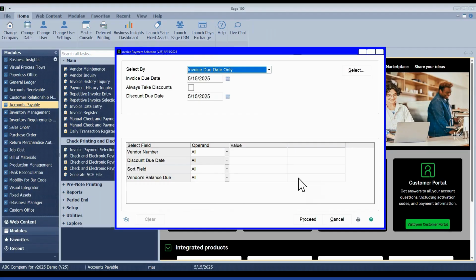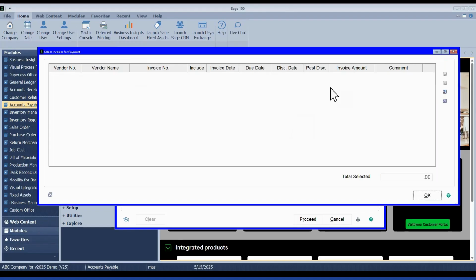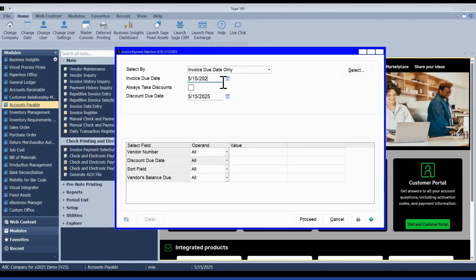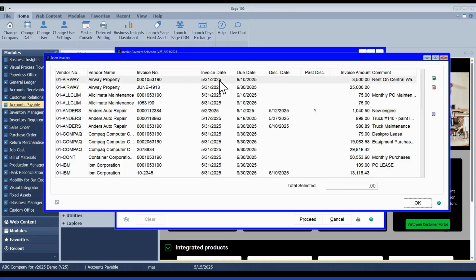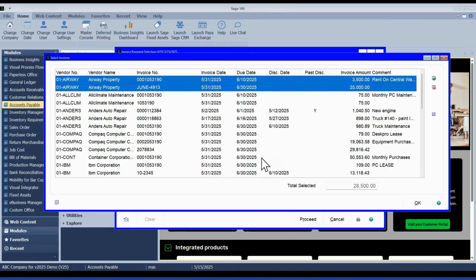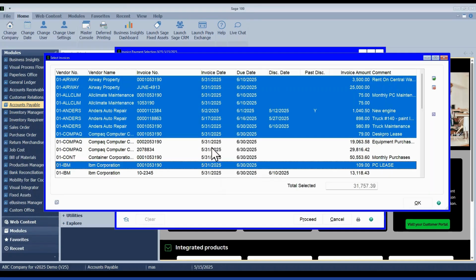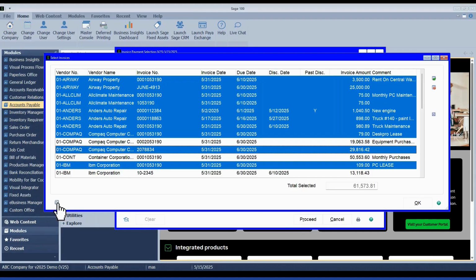If you're on one of our newer versions, and I'm trying to remember, I think it was in 2023, they adjusted this select screen view to, I apologize, let me put my year out here so I have some invoices to select from, to have a checkbox where you could select and choose instead of having the old grid view where you would just highlight lines. Well, what they've done, I guess some people liked that old view, so there is now an option to have it one way or the other. It does default to the newer view, but there's this little switch view button now available that if you prefer the old format where you would hold shift and go down or control and point and click, you can go back to using that version of it if you prefer it.